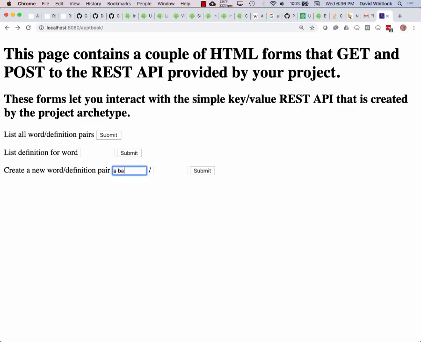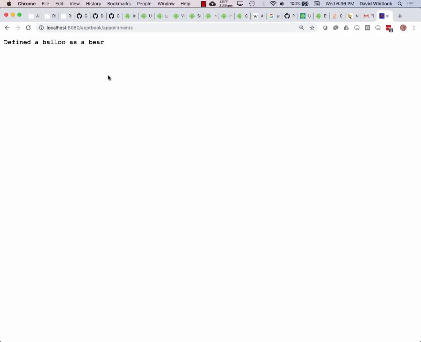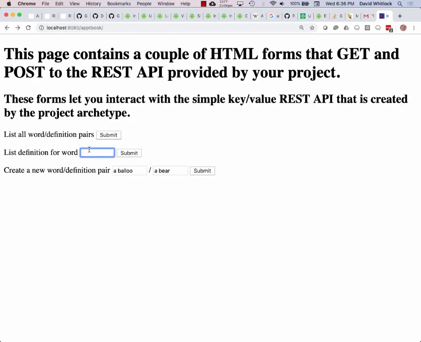So now a baloo is a bear. Better. Okay, so now what I did is I submitted the form. This then did an HTTP post to my web container, to my servlet, and then it stored it there in the application. Now if I go back and look for the word baloo, get the definition for it,